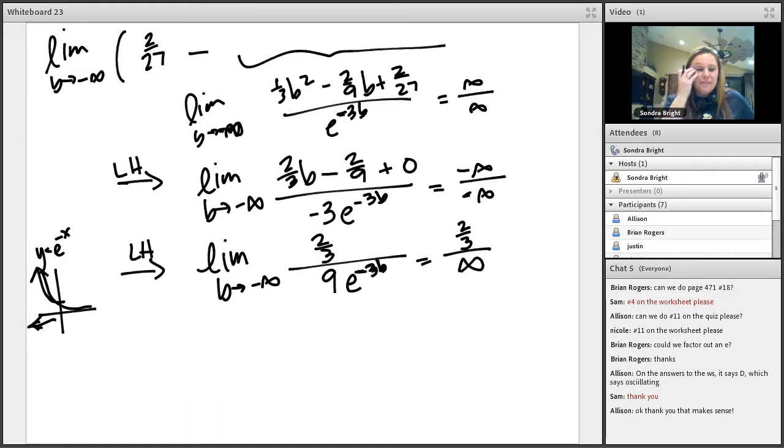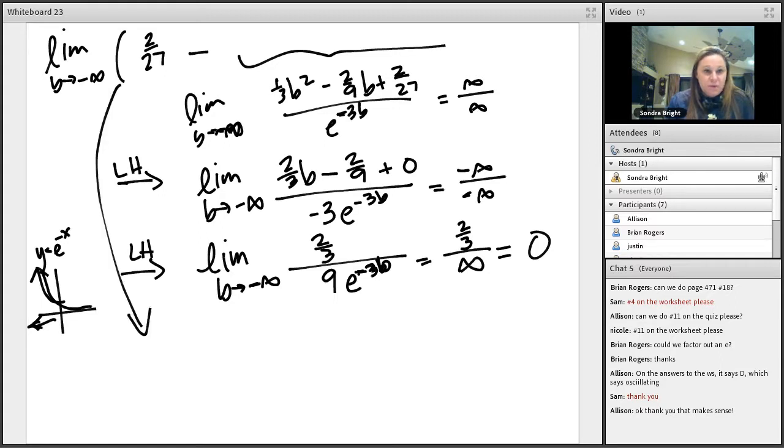That's really what's happening, is you're just checking out what the graph looks like, right? But to be honest with you, I always cheat and I plug in a negative infinity into b, and a negative times a negative is a positive, and e to the positive infinity is infinity, and a number divided by infinity is 0. And so all of that ended up being 0,